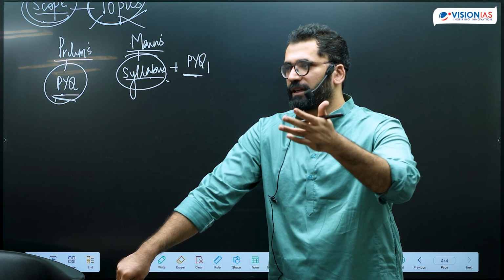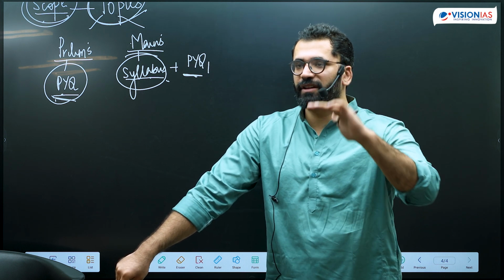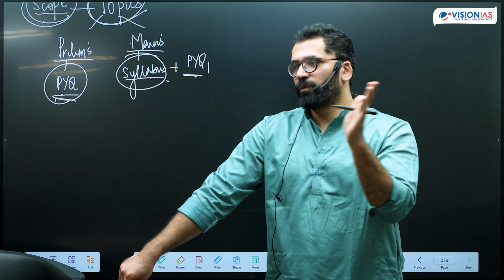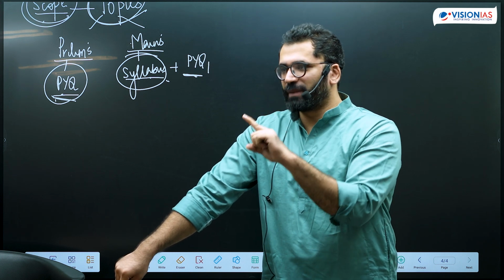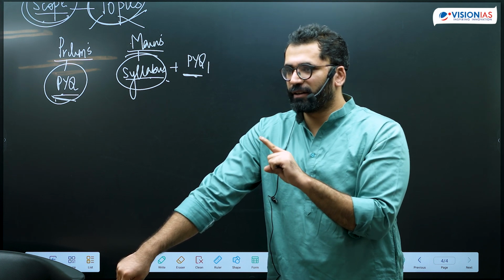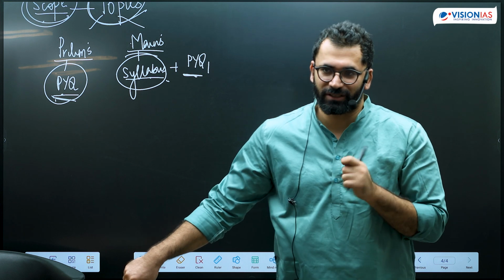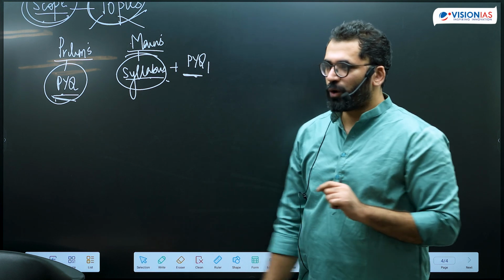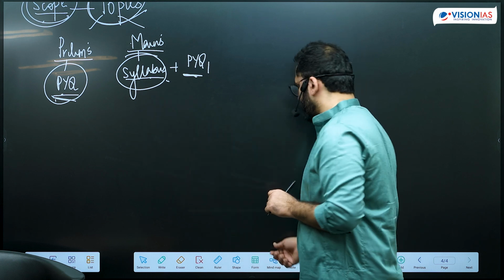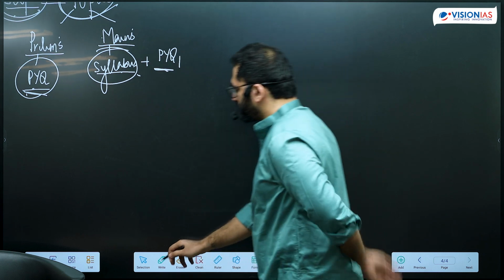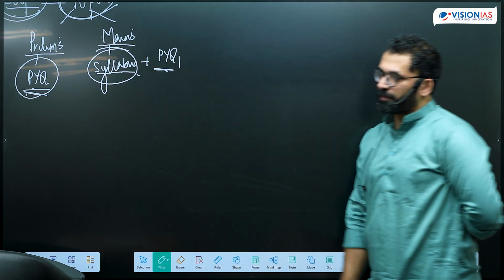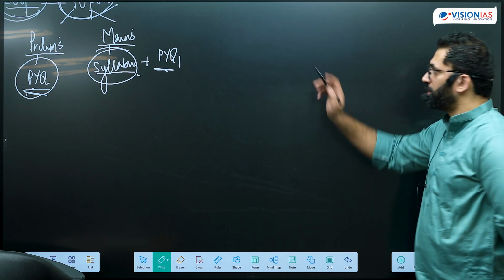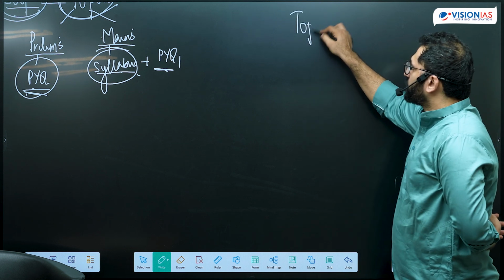The nature of the question might change depending on the statement. For example, this year they asked questions on assertion and reasoning. They removed 1, 2, 3, they asked only one statement is correct, only two statements are correct. So how they are asking the question has changed, but the topic has not changed. So in the last 13 years, what topics have come from previous year questions in prelims, they have been the same. Now what topics you need to prepare for prelims and how the understanding will be built. All of these topics for prelims